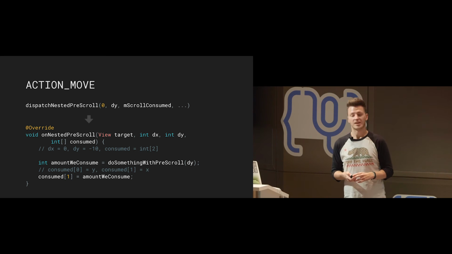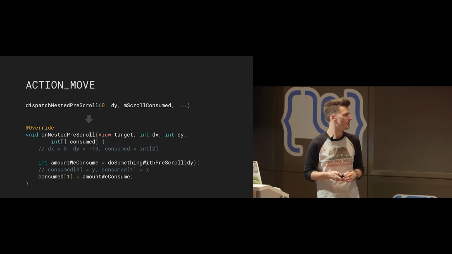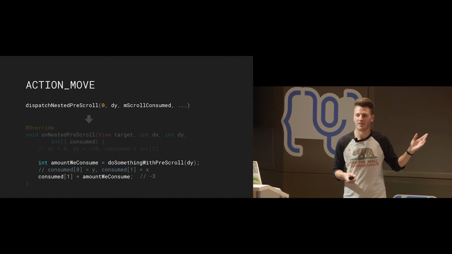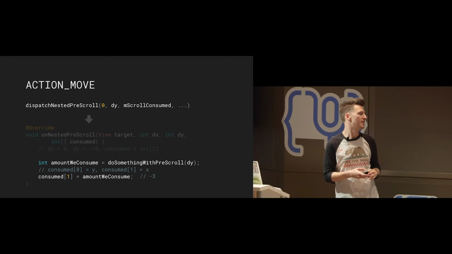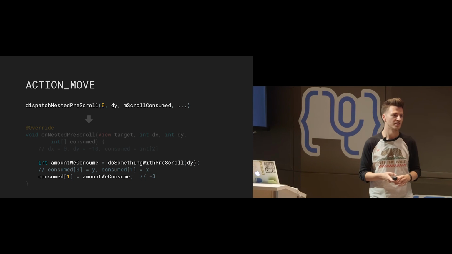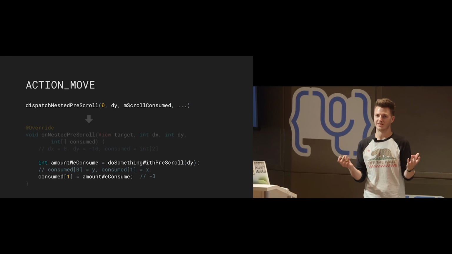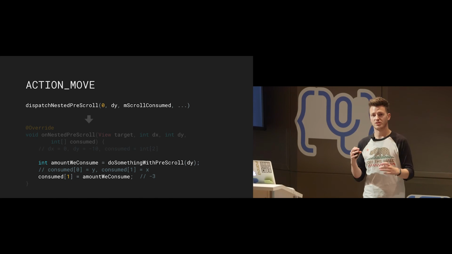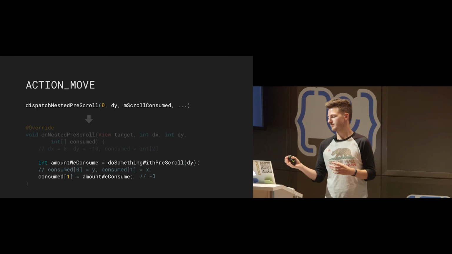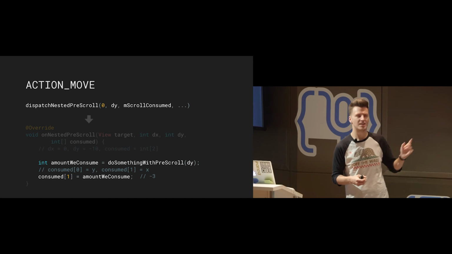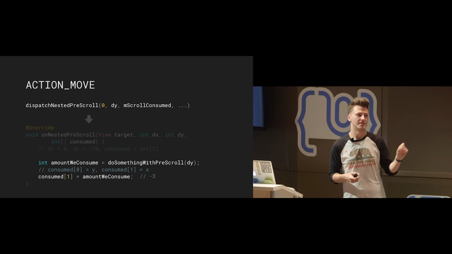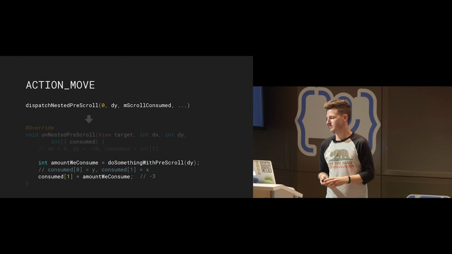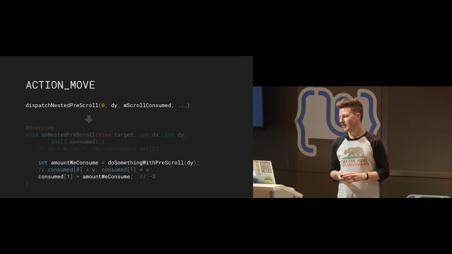And from that point, we can actually start consuming stuff. So in this instance, we've got some very wishy-washy kind of methods here. But we've got a variable called amountConsumed, and then we're going to do something like preScroll, whatever it is. The app bar layout just moves itself, but you could do whatever you want, really. The only thing you need to do is that whatever you actually want to consume out of that dy, so in this case it's minus 10, you need to write that into the int array. So here we just want to consume 3 pixels, just as an example. So once we've done that,